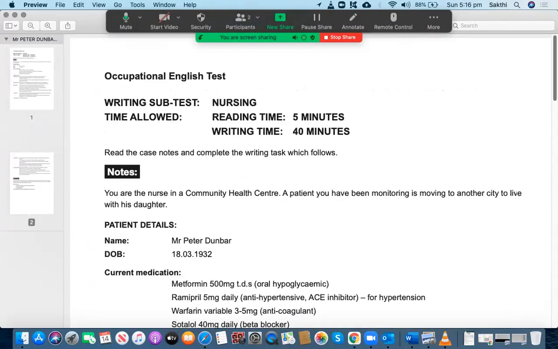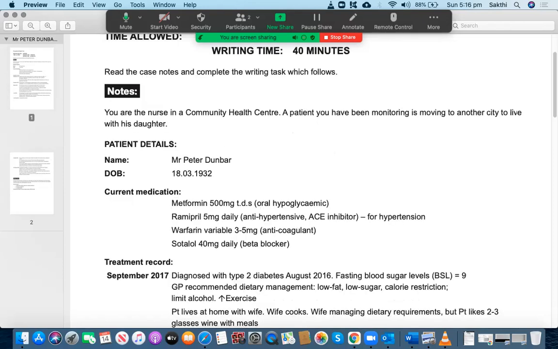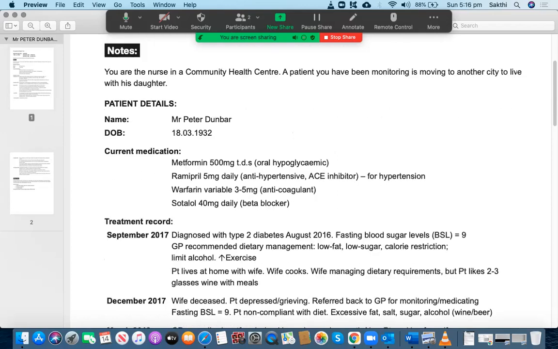All right, now let's go through this. Read the case notes below, then complete the writing task which follows. You are a nurse in the community health center. A patient you have been monitoring is moving to another city to live with his daughter. Okay, good. Mr. Dunbar, Peter Dunbar. Date of birth